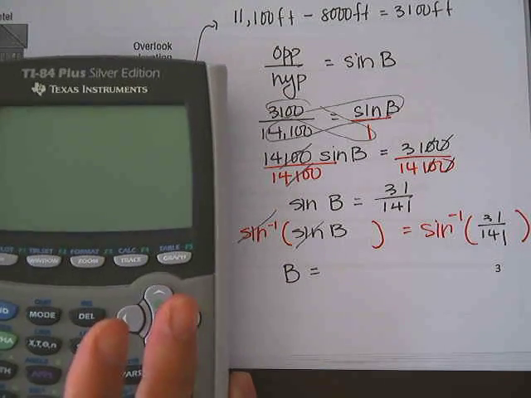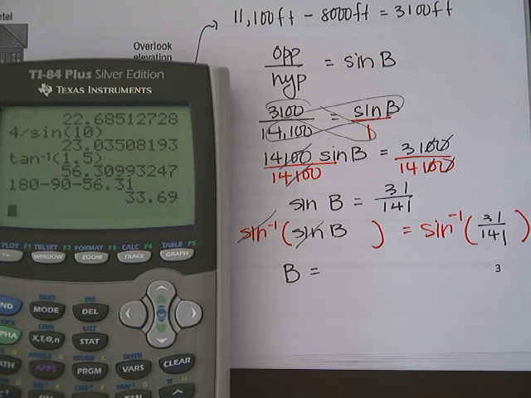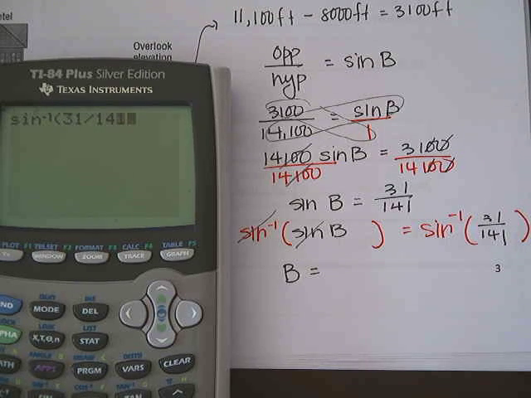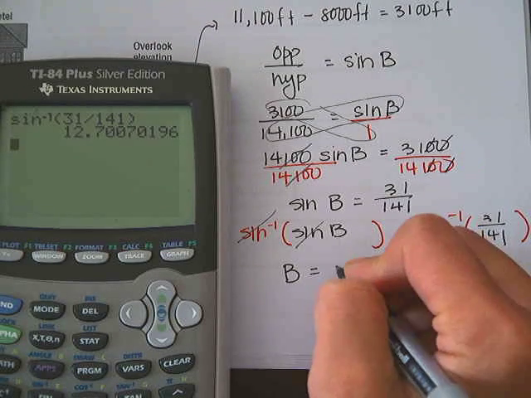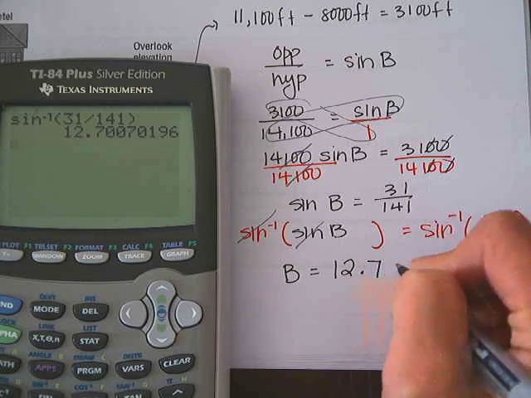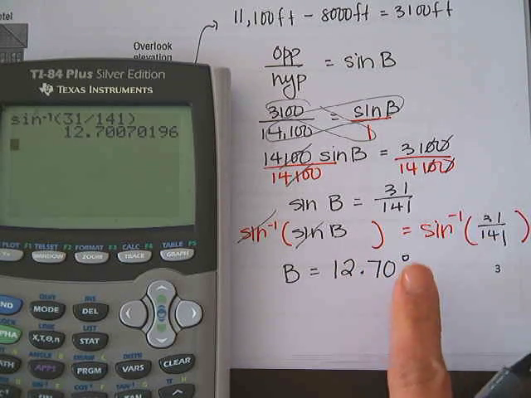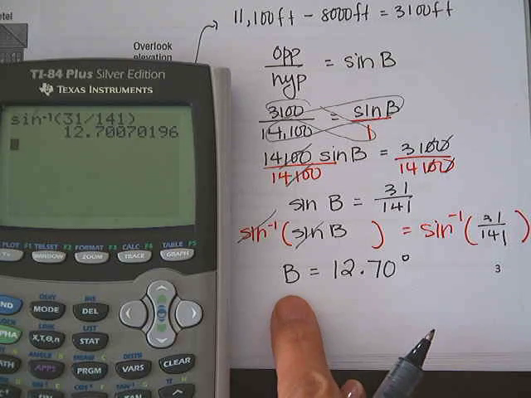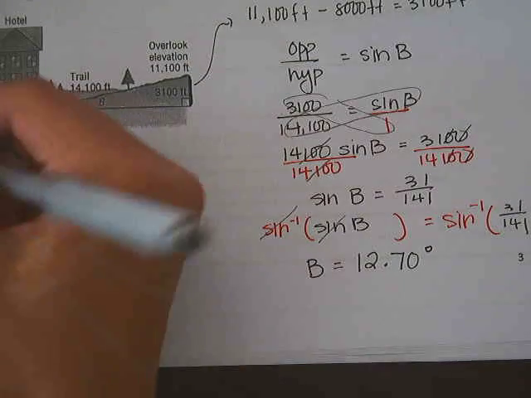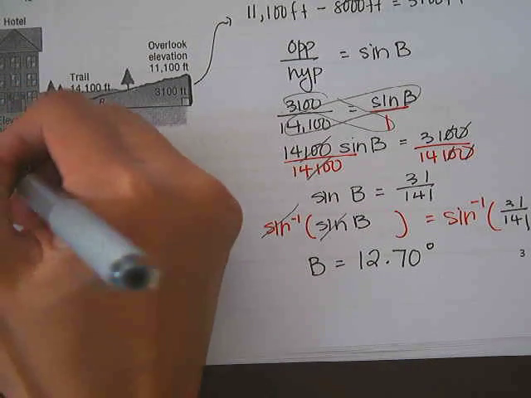Alright, here we go. So turn it on, clear out what I had before, hit second, sine, prompts sine inverse. Then I just have to do 31 divided by 141 because the zeros cancel out earlier. So B is about 12.70 degrees. And the reason I know it's degrees is because B is an angle. So the inclination of the trail, the incline